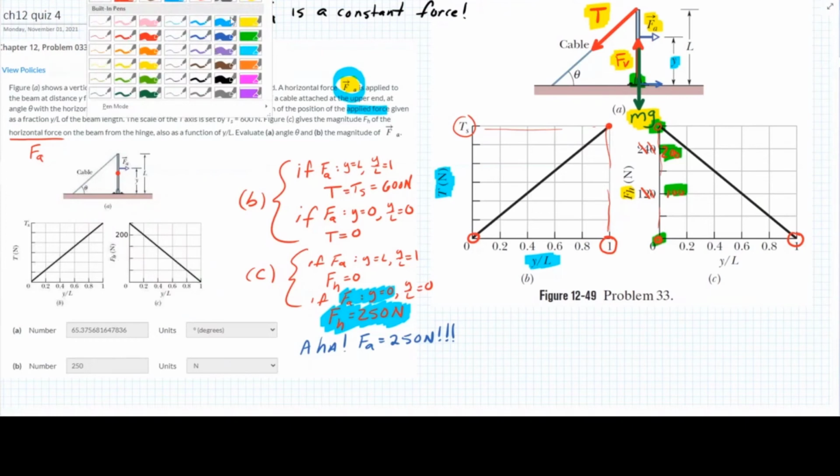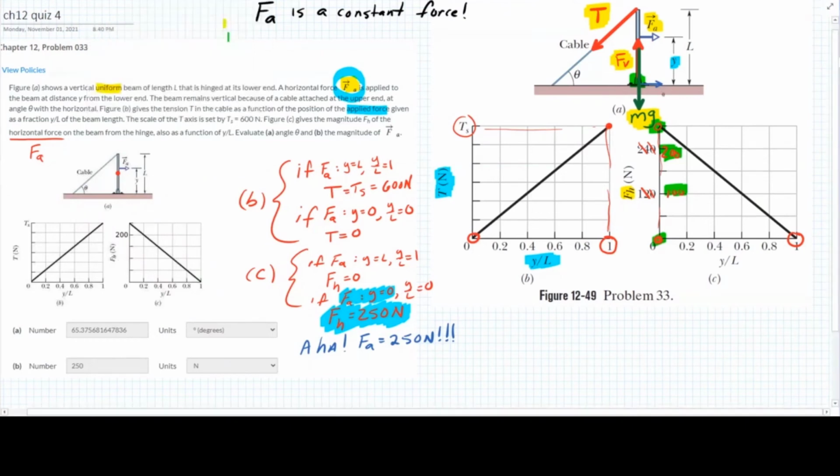There's no equivocation about that. F subscript A is always pointing to the right. And I just got done, maybe I should number this, 1, 2, 3, 4, 5, 6, 7. I just from steps